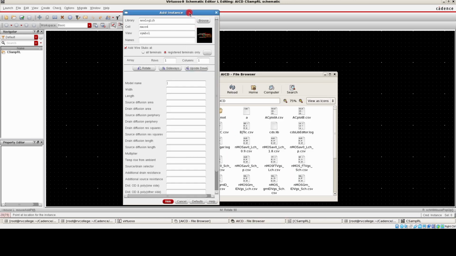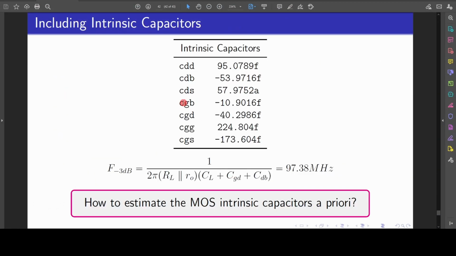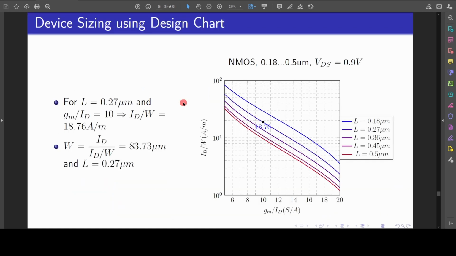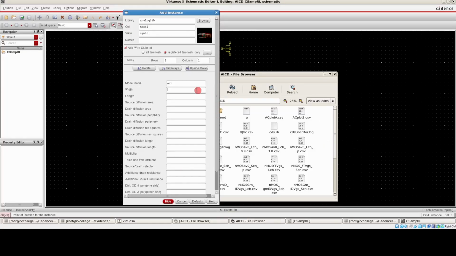Since it is written as NCH for the NMOS, I use this NCH, and then the width and length parameters that we have to enter here. Those are the values that we have already calculated from our graphs, so I'll just pick those. We want 83.73 micrometers for the width, which I will enter here, and for the length, we are using 270 nano.